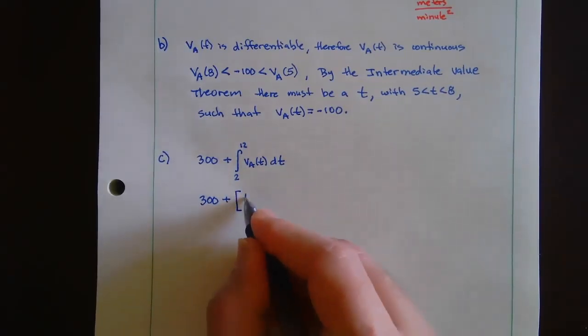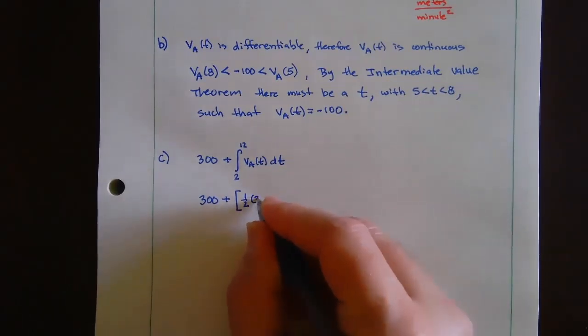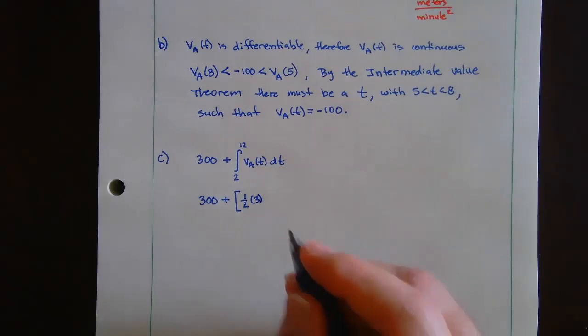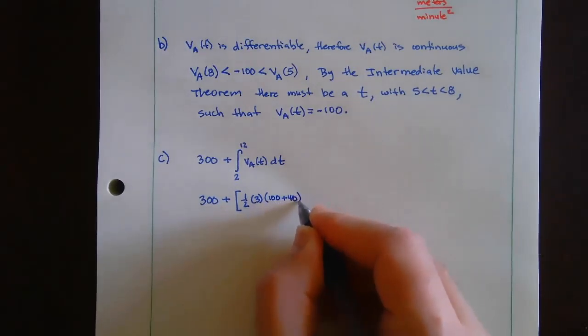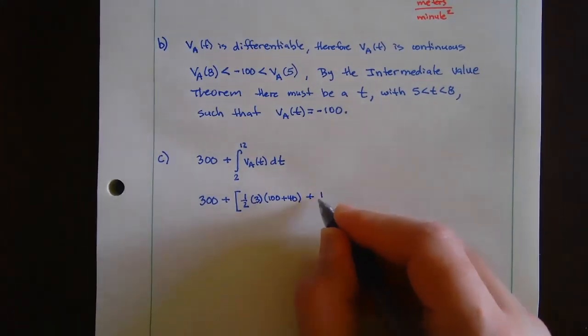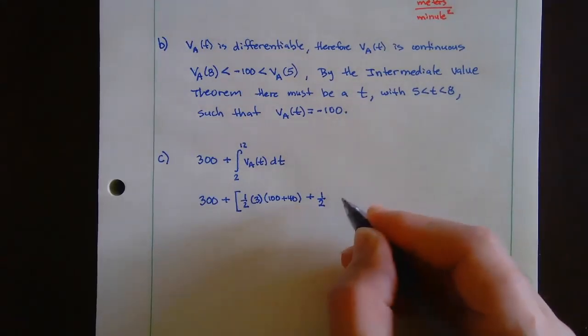So it's going to be 1/2, and using my table, I'm going to go from 2 to 5, right? And that'd be your delta t, which would be 3. That's the height of your trapezoid, okay? And then times the two bases, and now that would be 100 plus 40. Plus, and then it said we're going to use 3 subintervals, right? So that's from 2 to 5. Then we're going to go from 5 to 8. So that, because of the trapezoidal formula, it's 1/2. And then we're going to go from 5 to 8. So that would also be 3